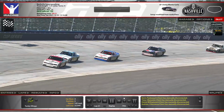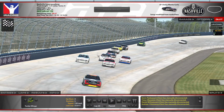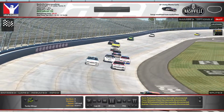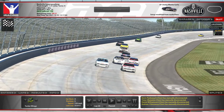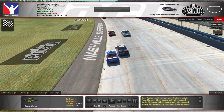Oh man. So from what I can tell, it looks like just slow motion from TV view. The guy on the inside is just turning, going to the very inside, and this guy's just trying to pinch him. I don't know if he expected the car on the inside to use all this extra room, but even if he wasn't expecting that, I will say this car on the inside still had maybe,